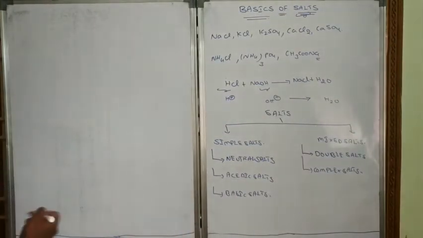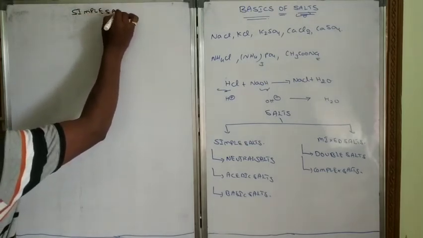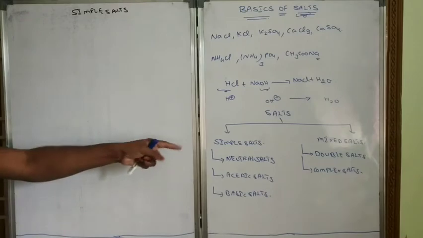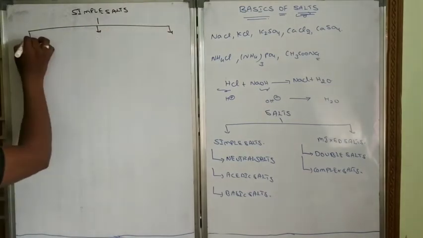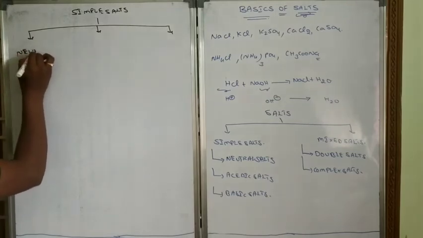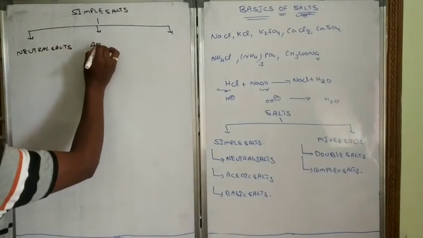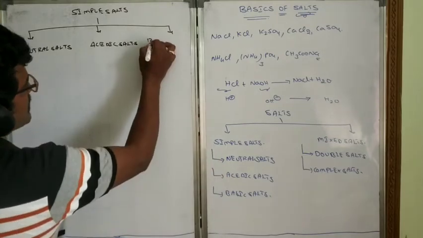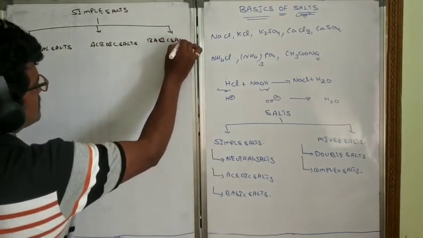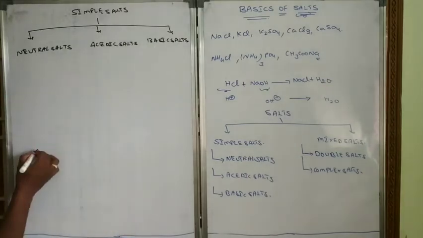Now let us get into the details. Simple salts. Simple salts are classified into how many categories? We have three: neutral salts, acidic salts, and basic salts. So let us see what the neutral salts, acidic salts, and basic salts are. Before going to that, see